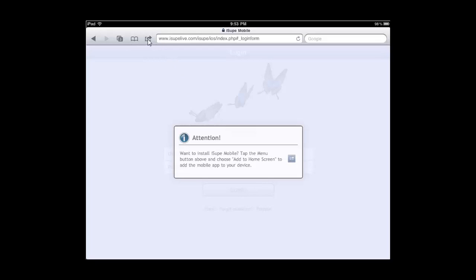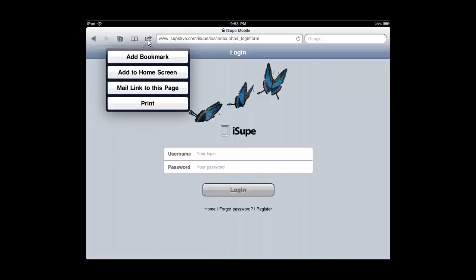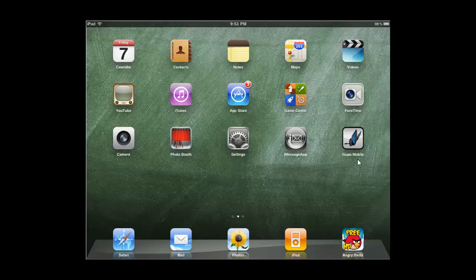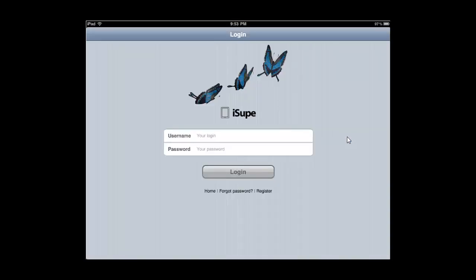You do this by clicking on the menu button, selecting the Add to Home Screen option, and adding an icon to your home screen. Once it's there, it will look like any other application for the iPad. Clicking on this will allow you to log in,